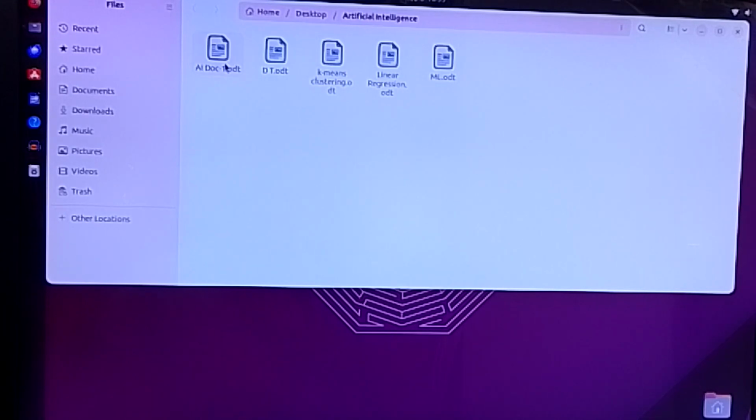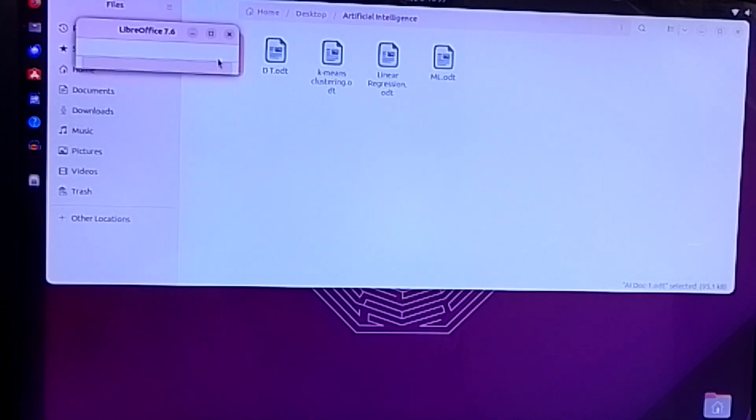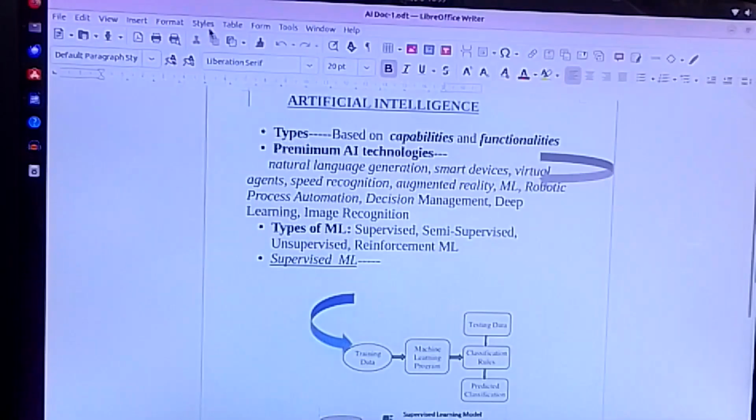So I'm back on my computer screen. Let's directly go to the document that I have made. Okay, so you can see this document that I made.